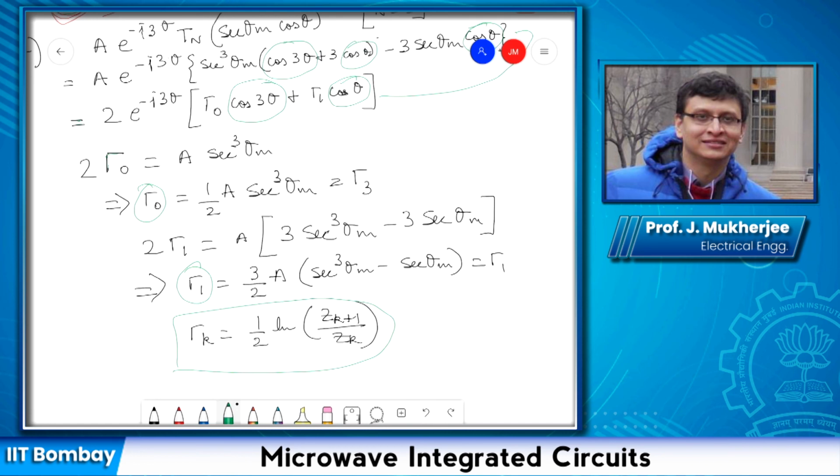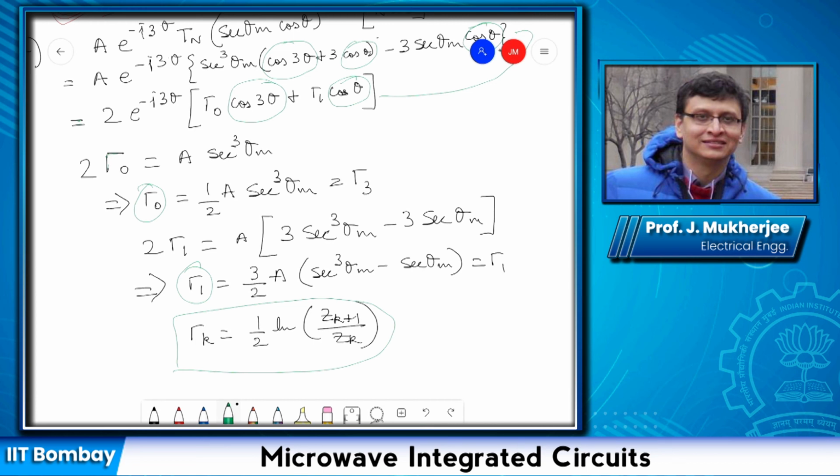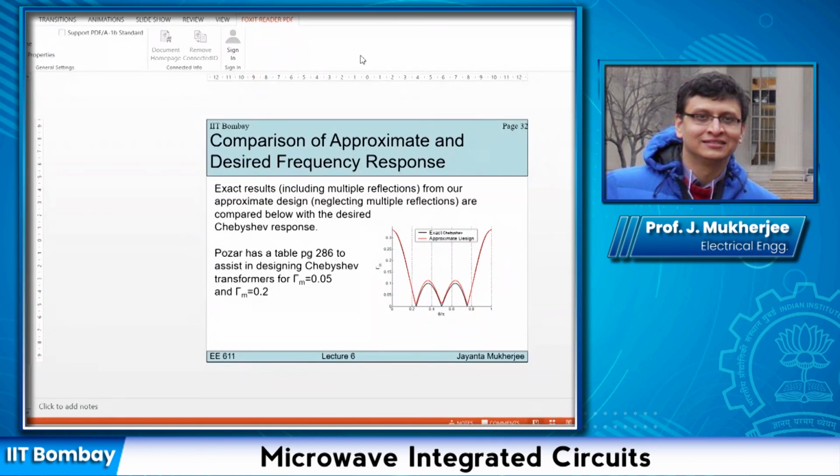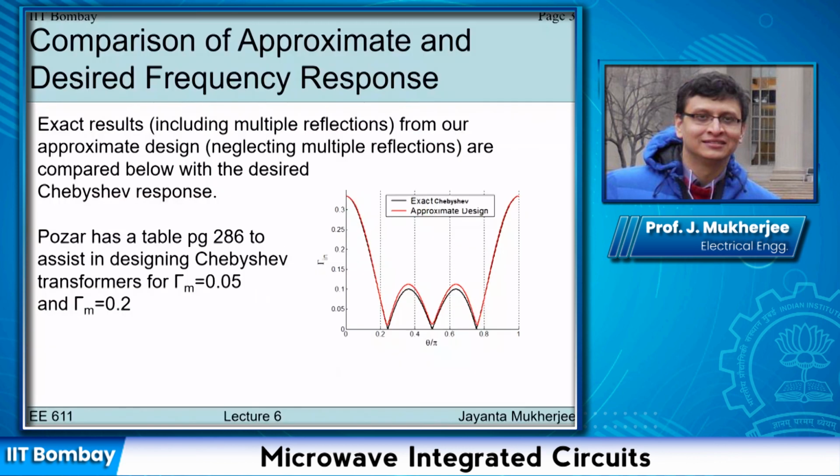Finally, I would like to show that plot that I showed for the binomial prototype function also, where we compare the equation of the prototype function with the actual input reflection coefficient obtained from ADS. So let me open my slide once again. Yes, it's visible. So see, this graph shows the plot of the exact Chebyshev equation, this black one. So this is the gamma in plotted from the Chebyshev prototype function, and this red curve shows the plot that has been obtained by